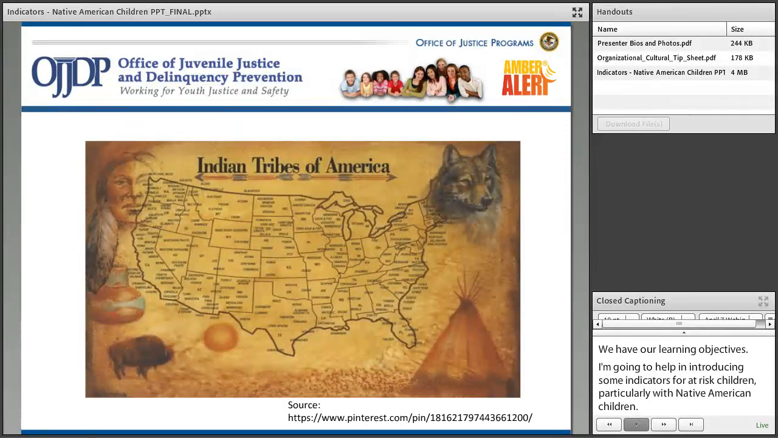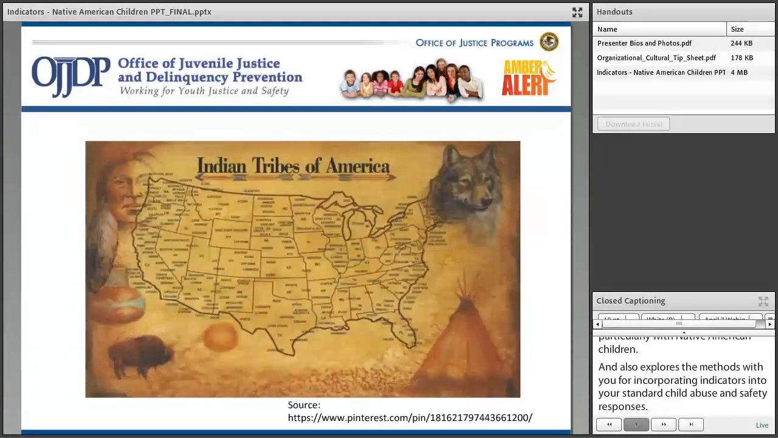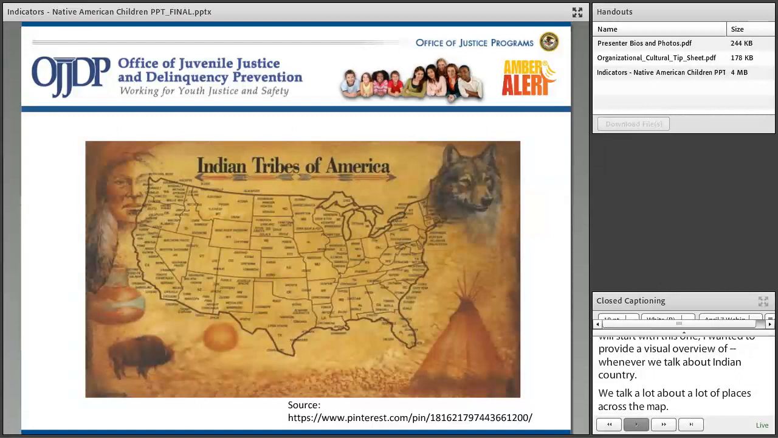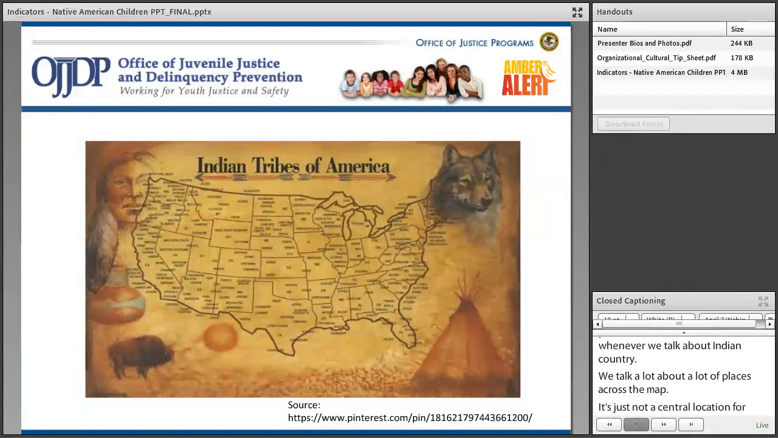So the next couple of slides, and we'll start with this one, I just wanted to provide a visual overview of whenever we talk about Indian country. We talk a lot about a lot of places across the map. It's just not a central location for each or most of our states. We're pretty spread out throughout the entire country. And with that, we're involved with a lot of systems, state systems, federal systems,